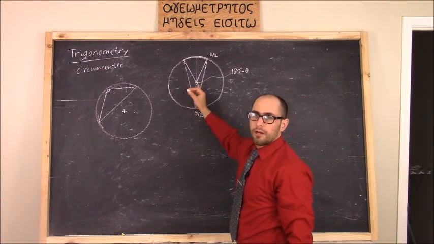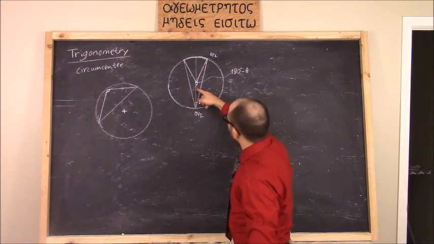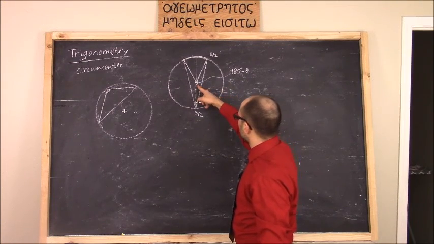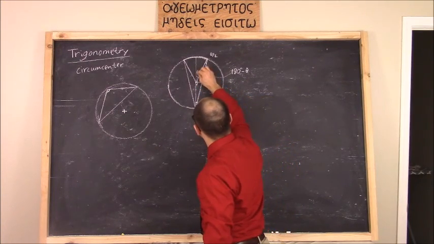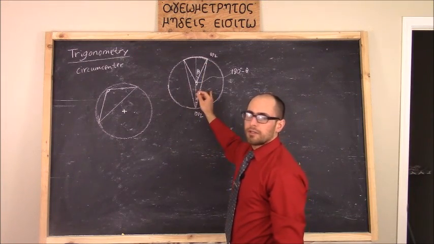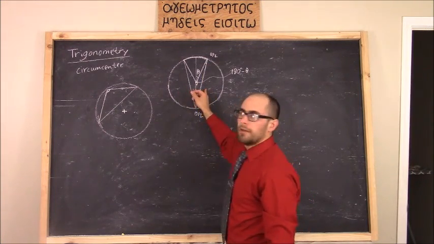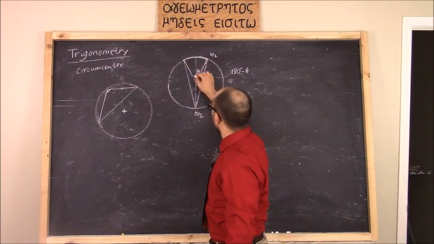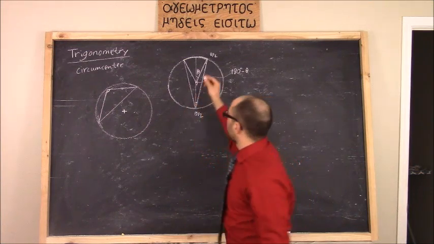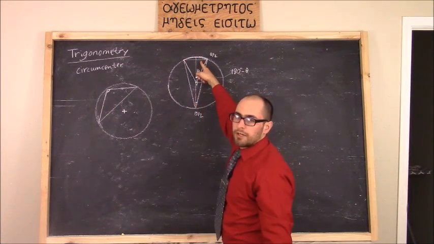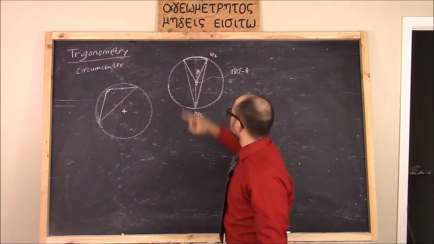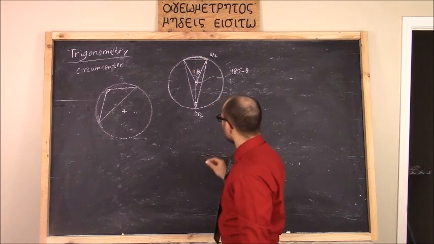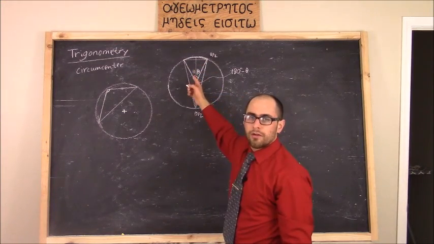Now if I extend the line all the way up, we know that there are 180 degrees in a line. So if this side is 180 minus theta, this side is theta. Now we said these 2 isosceles triangles are equal to each other by the way I've constructed it. So this length is equal to this length, meaning we effectively have another isosceles triangle if I draw the chord up here. So if this side is theta, the other side is theta, meaning altogether the central angle is 2